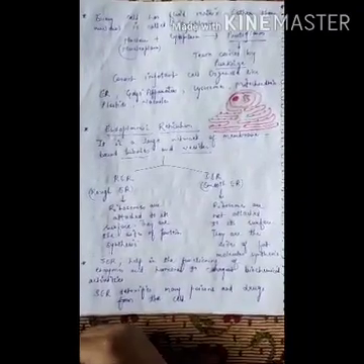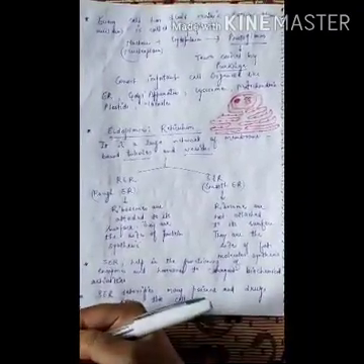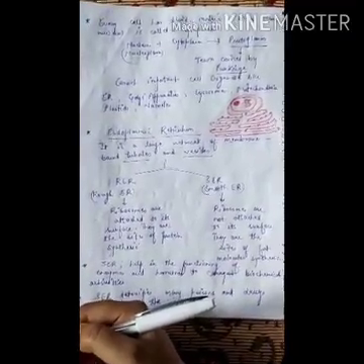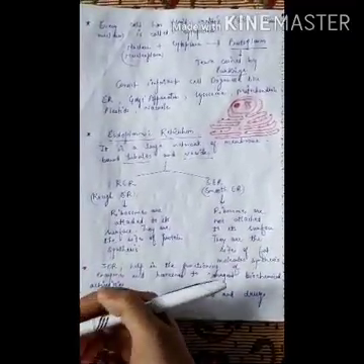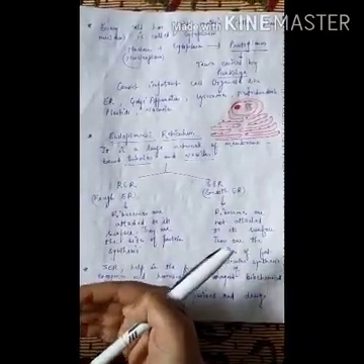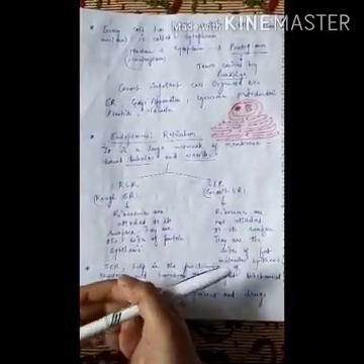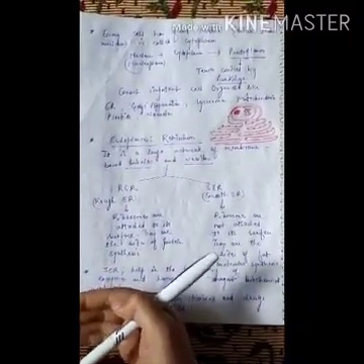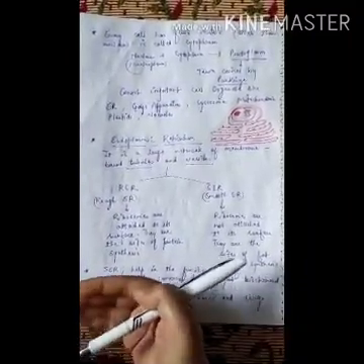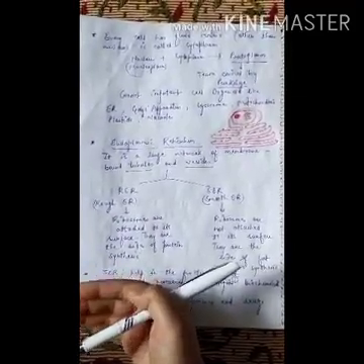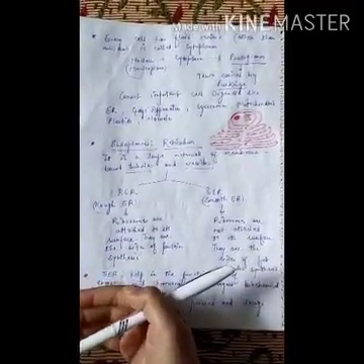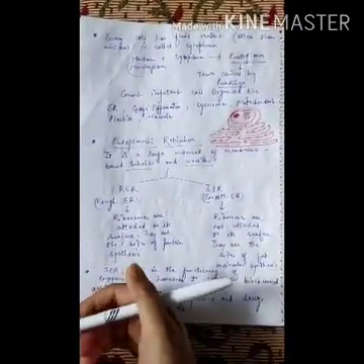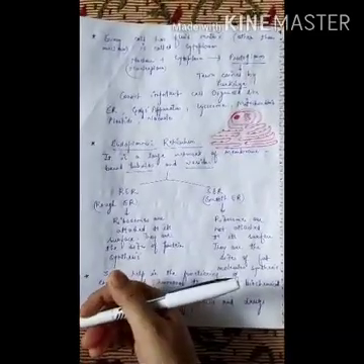So today we will start the next portion of the chapter, the fundamental unit of life, that is cell. In this portion we will discuss some cell organelles and their functions, and these cell organelles are mentioned in your NCERT book. So please go through it. I already sent you the PDF of NCERT of this chapter, so please read carefully.